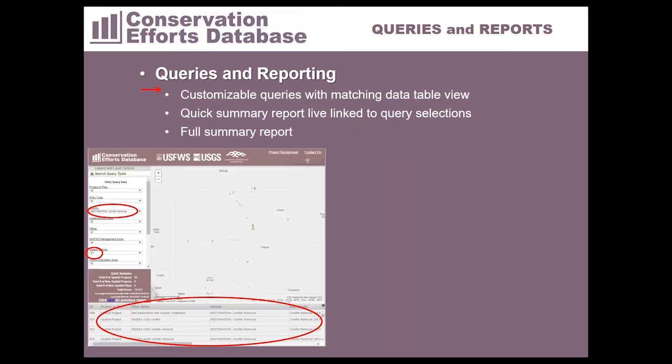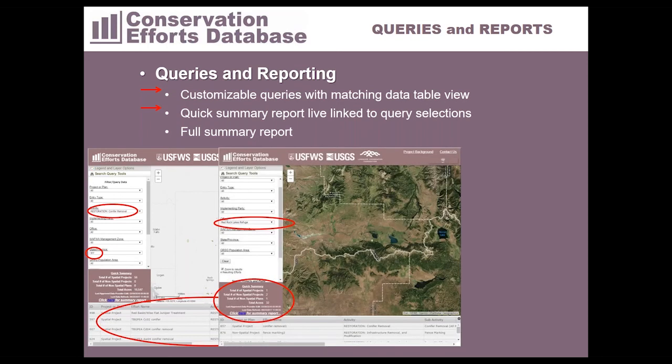So again, if you were to select conifer removal in the state of Wyoming, it's going to provide you with all of the conifer removals that were conducted, as well as the tabular results at the bottom. Furthermore, you can be provided with just a quick summary. And so again, if you knew the particular office that entered that information, you can change your base layer maps to take a look at it,